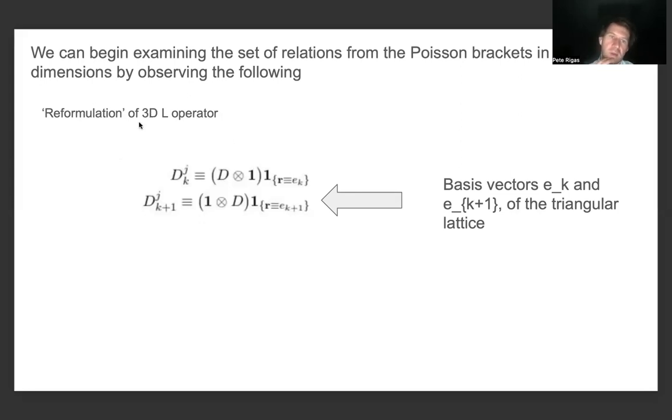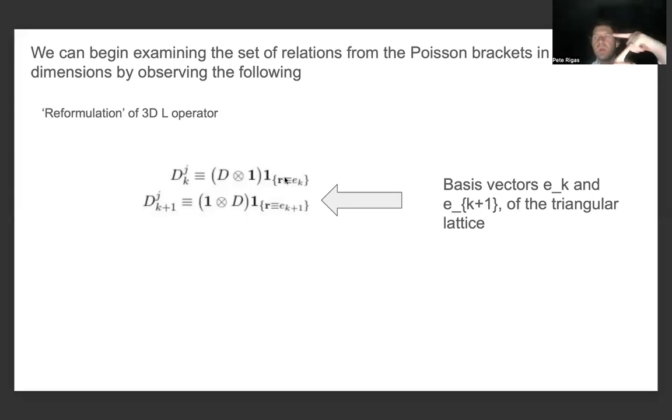And this is given by the fact that the reformulation of the 3-dimensional L operator is given by the fact that we can look to reformulate the spectral parameters and the staggering and inhomogeneities, which go into play for the complex valued mapping into the unital associative algebra, as well as given by the fact that we would like to just reformulate the differential operators d_j of k and d_j of k plus 1, just adding 2 indices to this expression in terms of 1, because we're going to look at still the tensor product of the differential operator from the construction of the universal R matrix over the tensor product of 2 spaces, given the fact that we also want to look at whether the position vector, which we're given as boldface R, is equal to some arbitrary position e_k. So we can take like e_1, e_2, e_3, and we